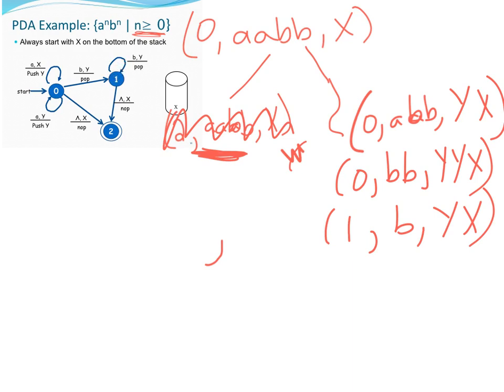So basically we're matching up all the B's with all the A's that we've seen. So I have BY pop, so I'm still at state 1. I used up that B, I have lambda, and I'm going to pop the top thing off, which happens to be this Y, so I end up with X. Now I have lambda as my string,